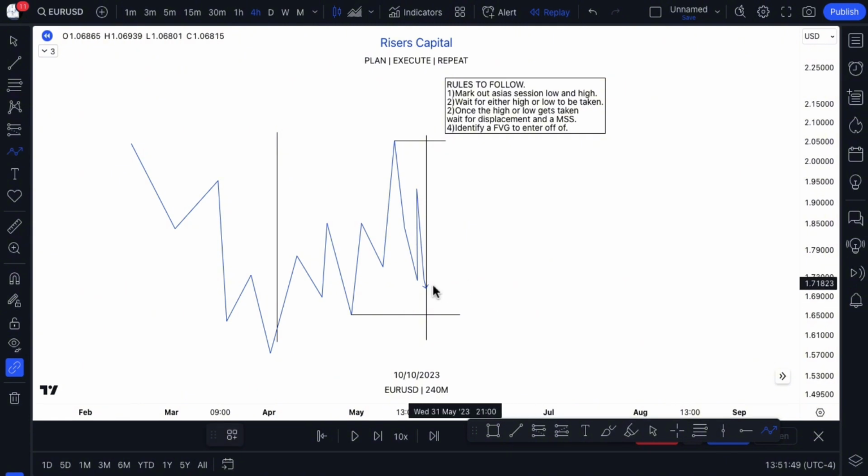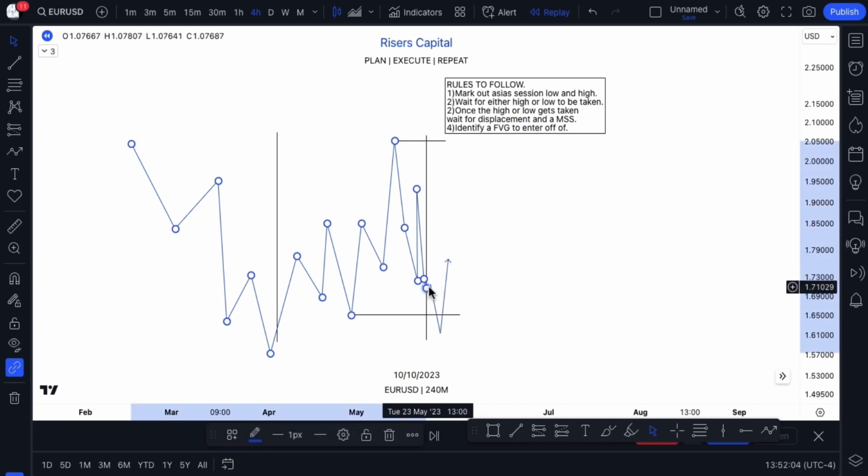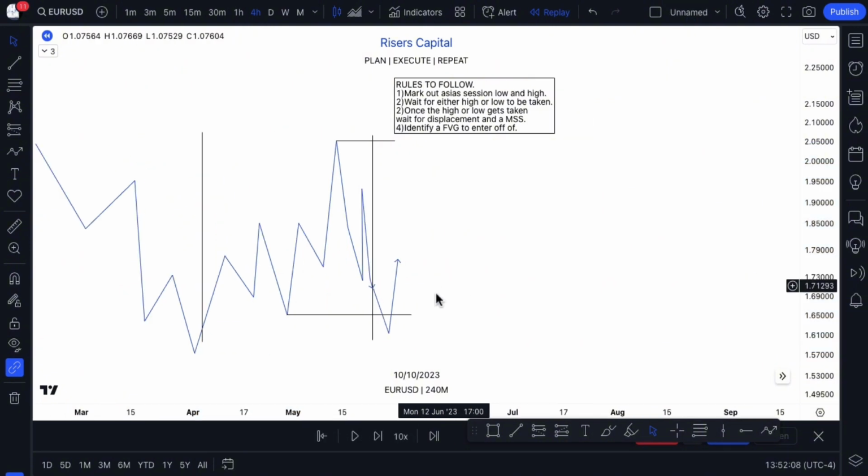So let's say we take out the low. What do you want to wait for now? You want to wait for displacement and the market structure shift. So we may have our displacement move here. This is just messy. So this is our displacement move up, and then you want to go into the lower time frame or identify